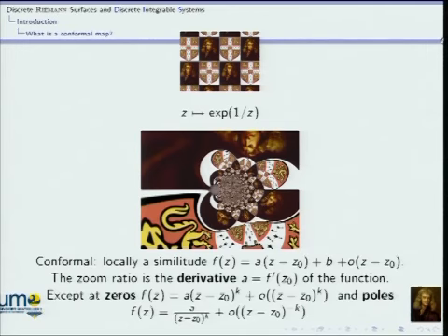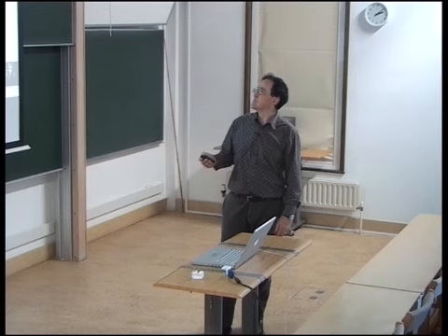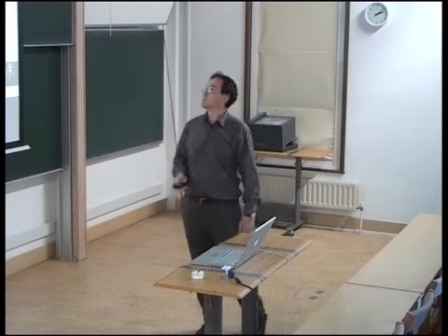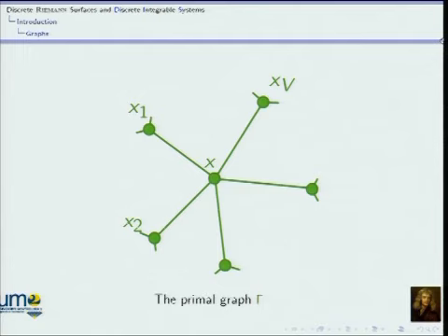Many more complicated things can happen to meromorphic functions. You can have an essential singularity here with an accumulation of zeros and poles, and of course I don't know how to do that in the discrete case. Okay, so there's going to be plenty of graphs, and